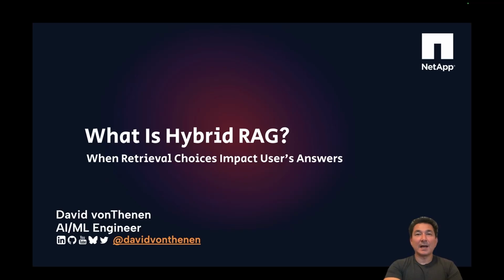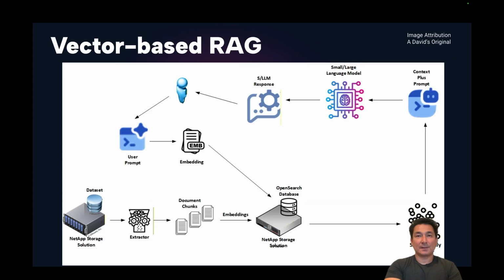Today we're going to talk about hybrid retrieval augmented generation, or RAG, and why you should consider hybrid retrieval when your solution requires factual-based answers and has very small tolerance for errors. Anyone who's built a RAG pipeline is very familiar with vector-based RAG, or using vector embeddings to retrieve similar context